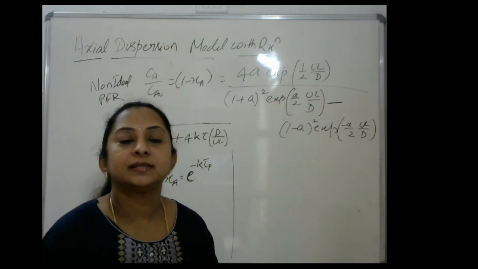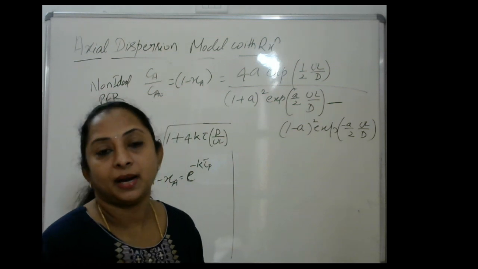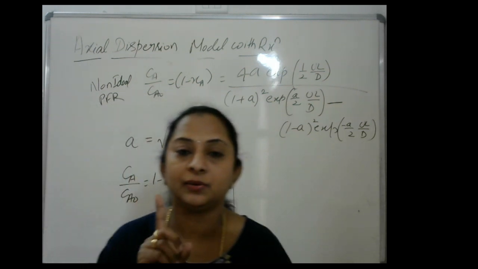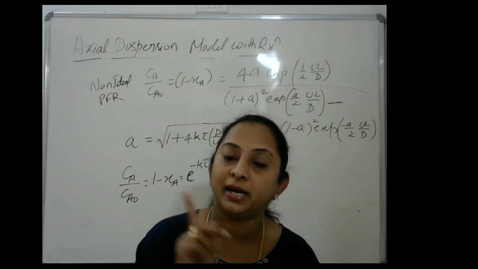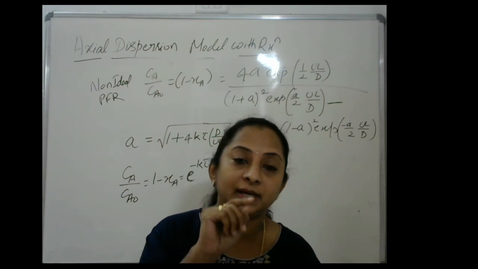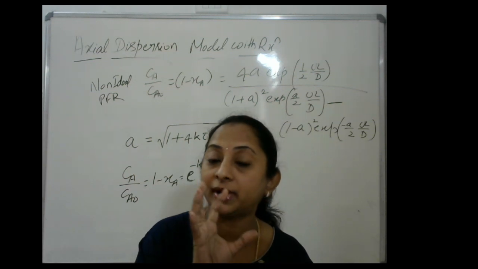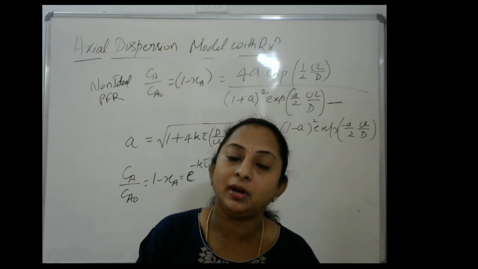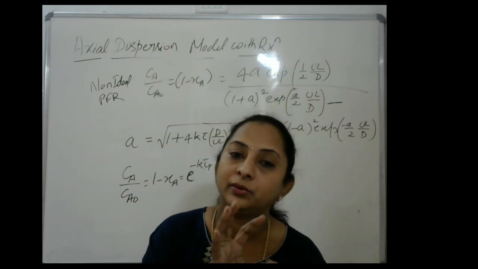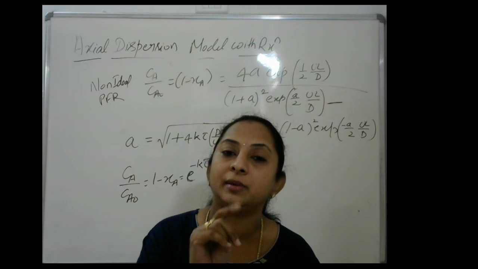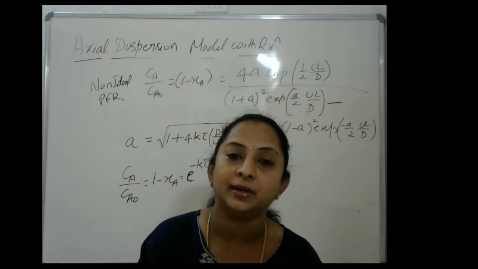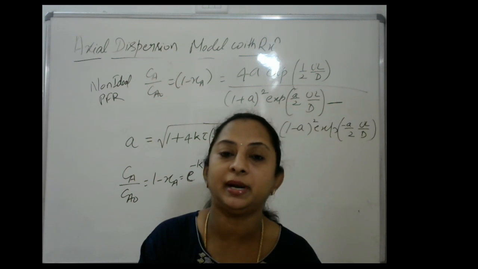For modeling's sake, you can consider that as two PFRs in parallel. Actually the reaction is happening in one single reactor, but when I model, depending on the C versus T nature, I will just assume something there. Maybe I can assume that as two PFRs. I'm trying to develop equations, so I should approximate the C curve I have got to a condition like this. It may be CSTRs in series, or the tanks in series model, or the axial dispersion model. So we will approximate and develop the model.